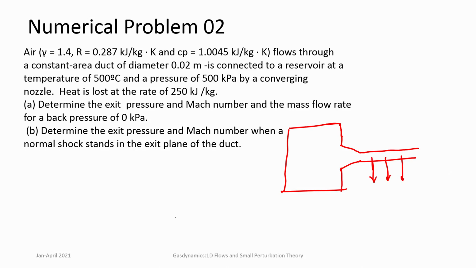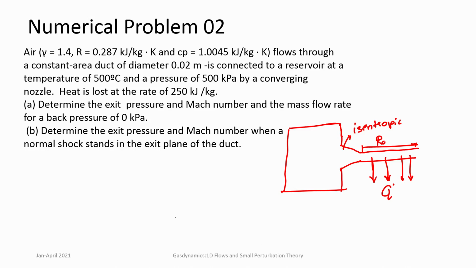You can see that in Rayleigh flows both heat can be added or removed. There is nothing constraining the heat removal process. So, we have two processes here. There is a convergent nozzle, which is an isentropic flow,